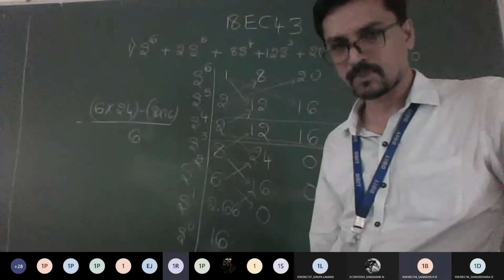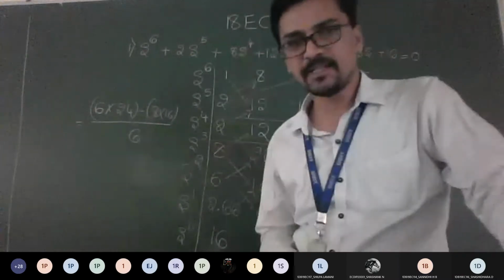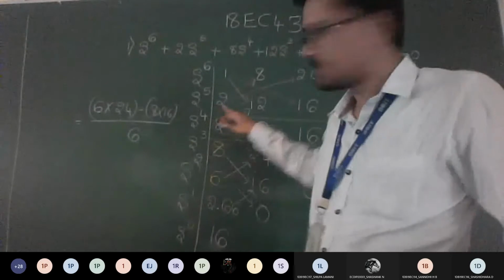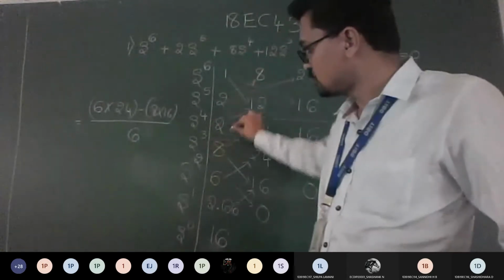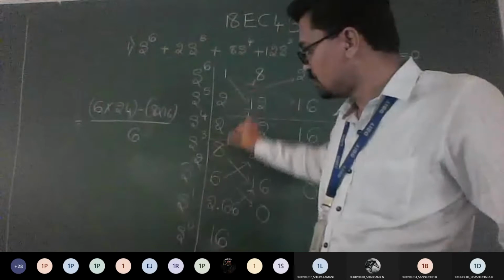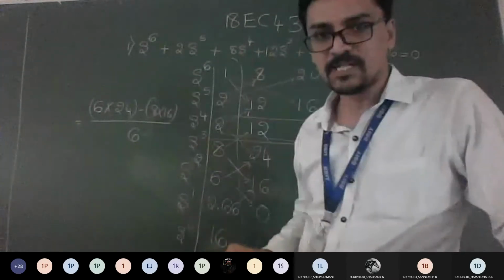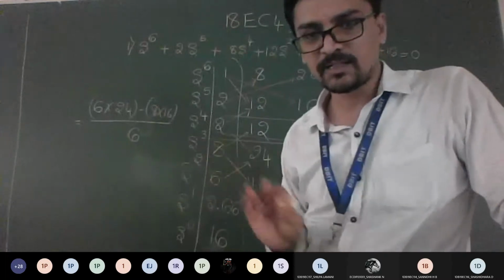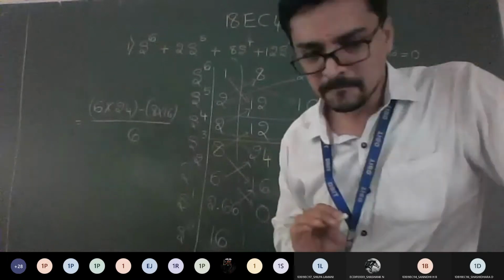Yes, sir. Good. Now listen carefully. According to the previous conditions, what we learnt is, if you look at the first column, there is no sign change here. It's 1, 2, 2, 8, 6, 2.66, 16. So the complete first column has no sign change. So if there is no sign change, till now we learned that I can write this system is stable. Yes or no?